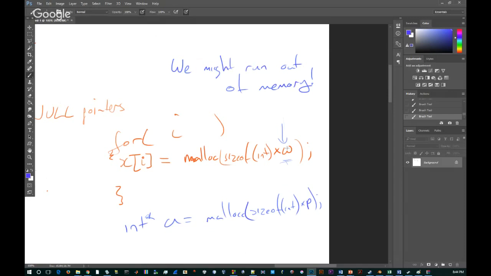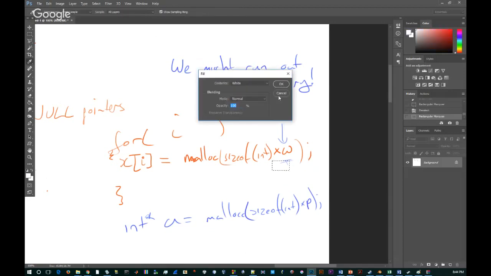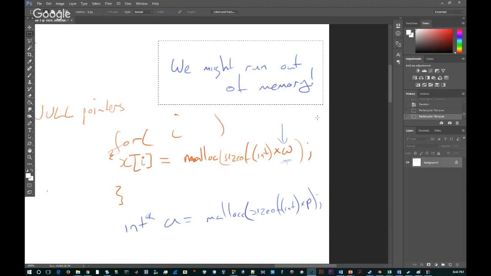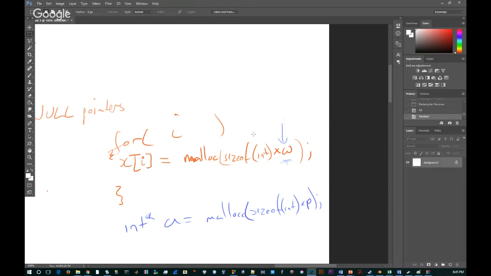So if you do want to try this out and see what happens when you run out of memory, there's a couple of things you can do to enforce that it does run out of memory. But if there isn't enough memory on the computer, we have a big problem. Okay? Basically, if we don't have enough memory, then our program should really shut down. As much as we don't want a program to crash, if the hardware can't support our program, it is pointless running the program. Okay? So,